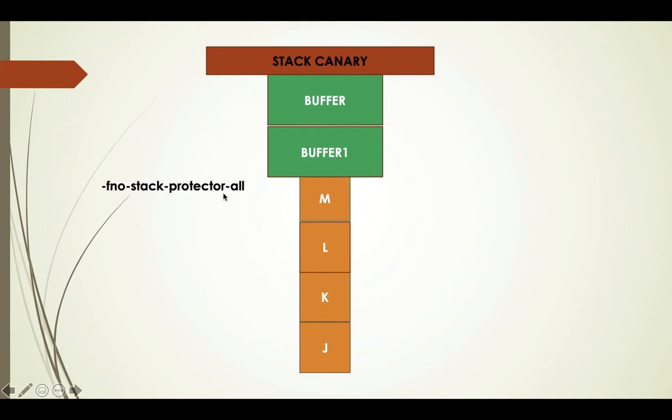It's actually stack protect all. So if I have the flag stack protect all, then the buffers would stay at the end of the stack frame, and initially my variables would be located in the stack. And we can see that there is one more thing called stack canary. A stack canary is nothing but a protector that is placed at a stack frame so that any overflows that are causing a misbehavior would be detected.